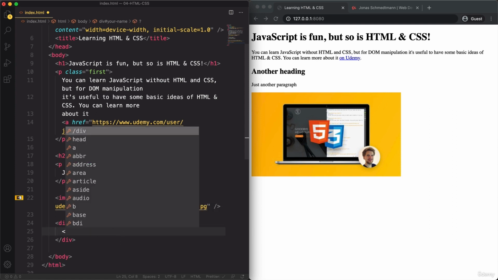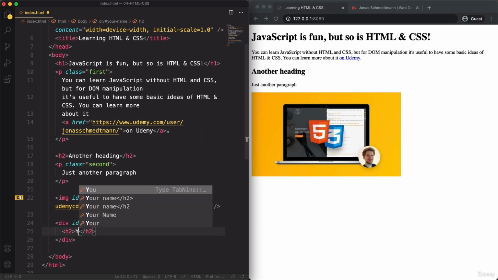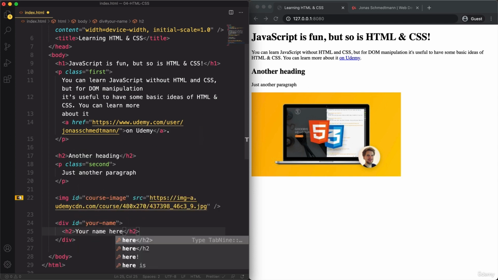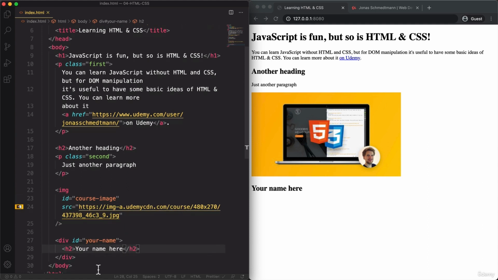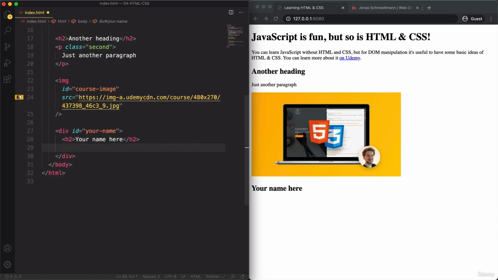Okay, and let's create just a heading for this form, your name here. Okay, and you can see that, of course, we can have multiple H2 elements here on the same page. So we have here a secondary heading and here another one. Okay, so we already have the H2 here now, and there's also this box around it, but you cannot really see it. But we will see it in the next lecture when we actually style all of these elements using CSS. Anyway, let's now add another paragraph here. Please fill in this